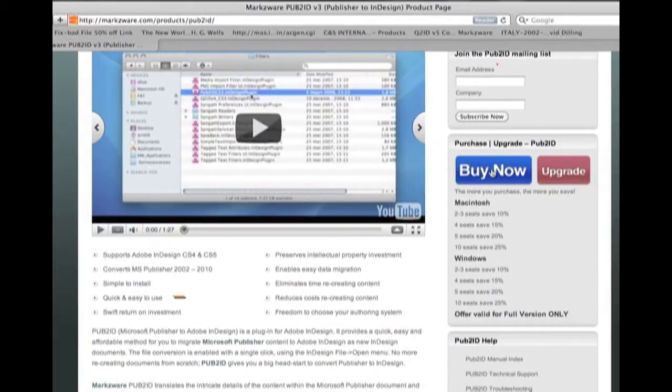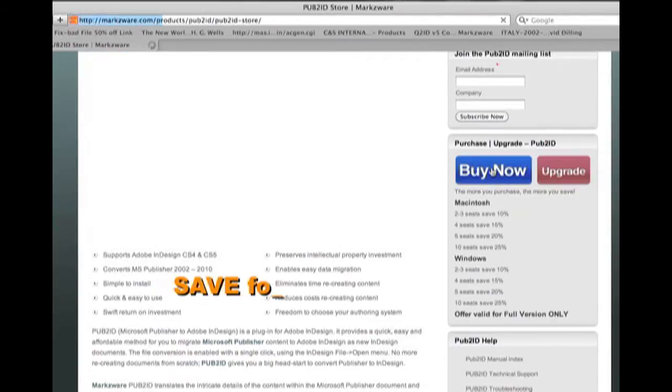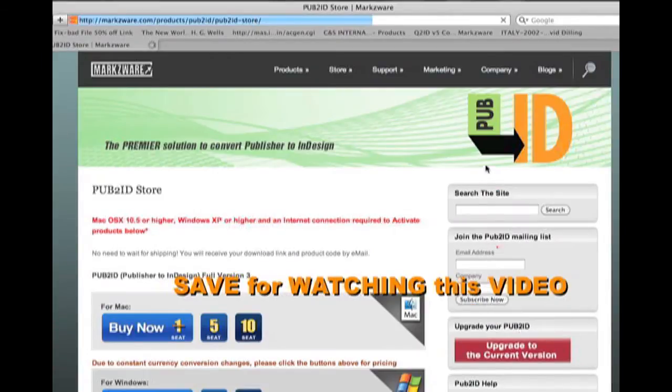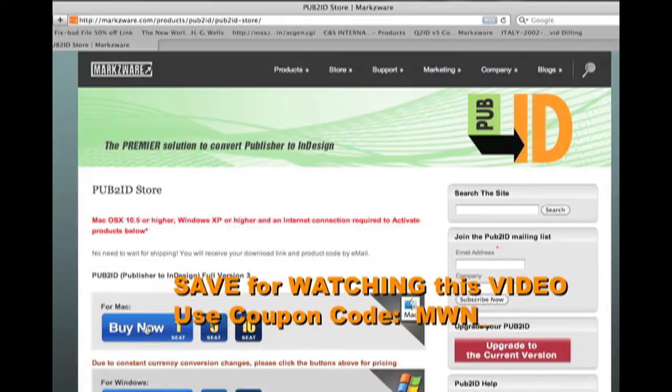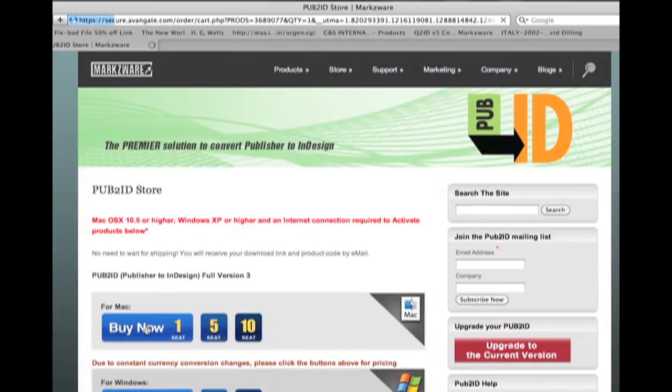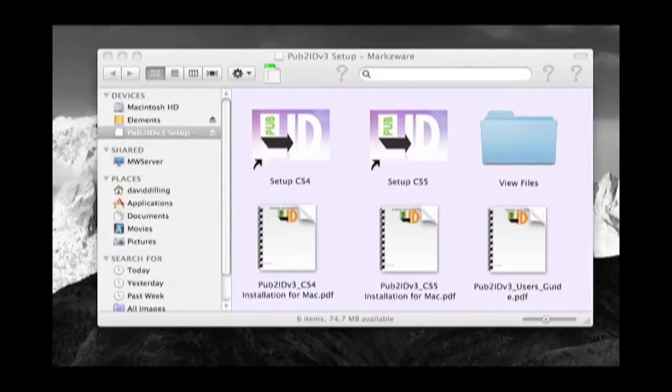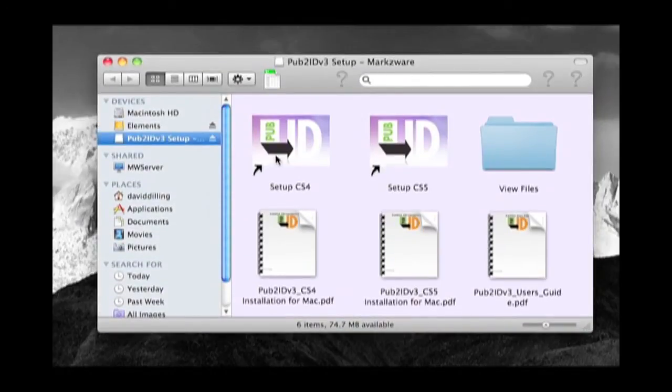And for now, we just want to buy now so we can get started and convert this Microsoft Publisher 2010 file right into Adobe InDesign CS5 or CS4. Right, so we click Buy Now, and that'll get us started. The installation is quite easy. The activation does require internet access, but is also straightforward. Installation is simple. Simply copy and paste the long license code from your email you got from our online store or from the reseller which sold you the product, and then choose either Setup CS4 or Setup CS5 and double click to install Pub2ID.